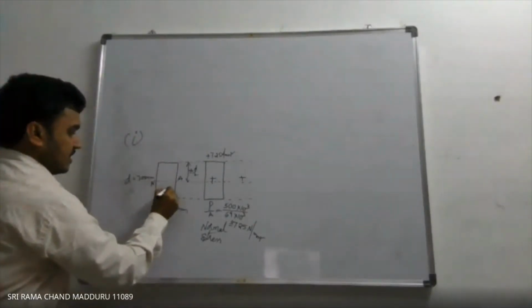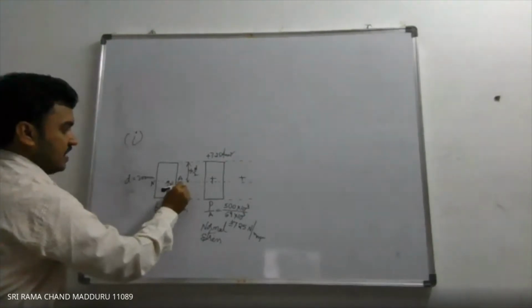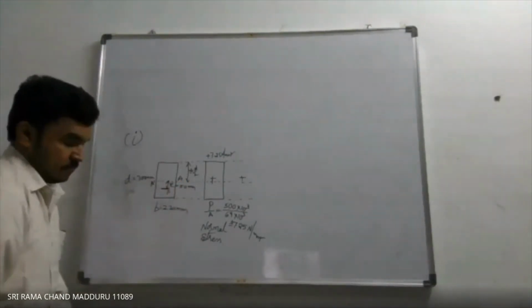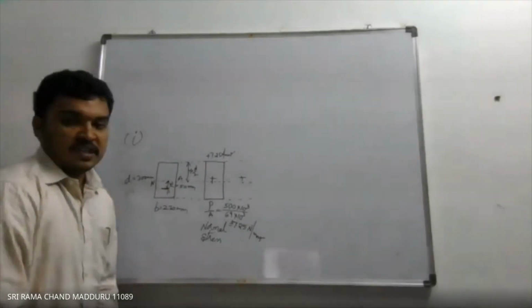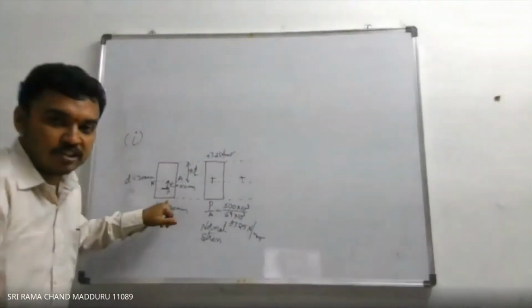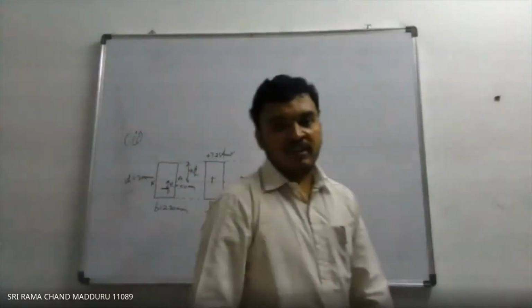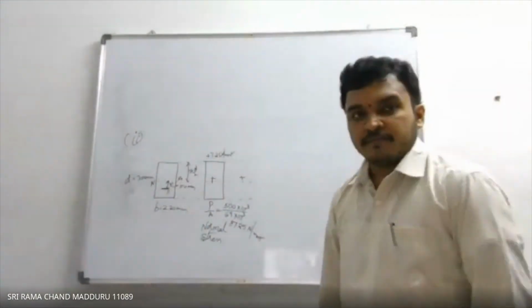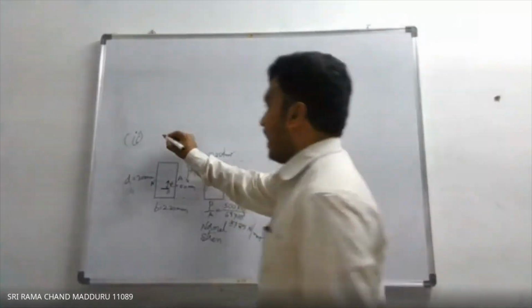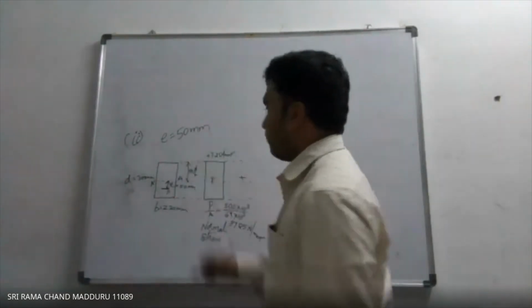So this is the pre-stressing happening at an eccentricity of e equal to 50 mm. So this is P. Now in this case what happens? Once again draw the cross section. I am doing the second condition, when the pre-stressing is done below the neutral axis at an eccentricity of e equal to 50 mm.